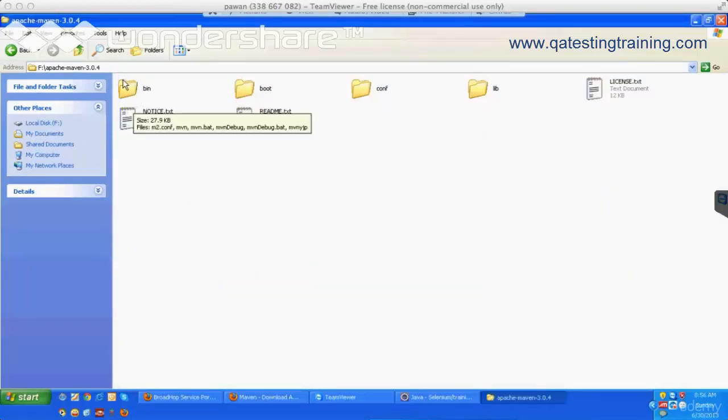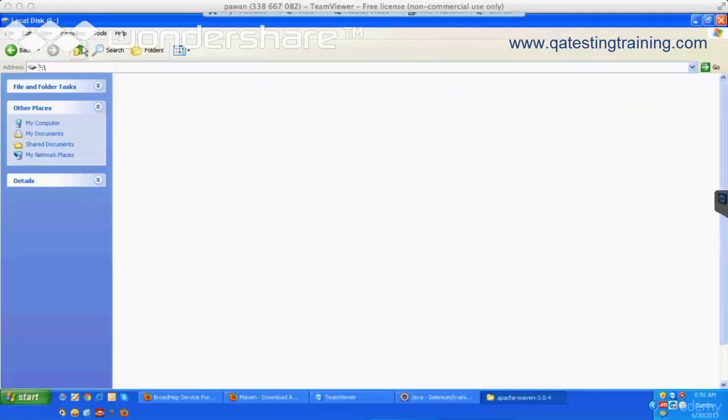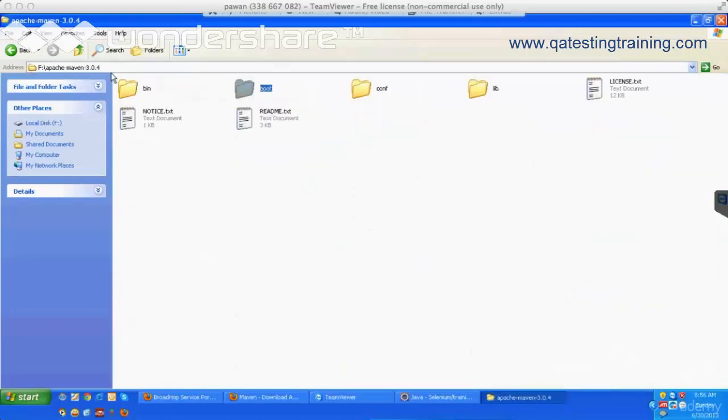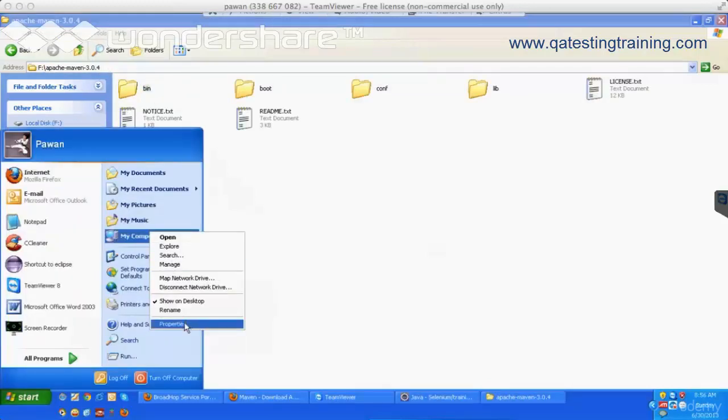So you need to give where you can see the bin folder. Till there you need to give the path of Maven. In general, people download Maven into another Maven folder, so you should not get confused that, okay, I see Maven 2 3.4, so I have to do that. No, you should see this bin folder on the screen. Till there you need to copy that. Don't copy till bin, only where you can see the bin. So copy that and put it in the